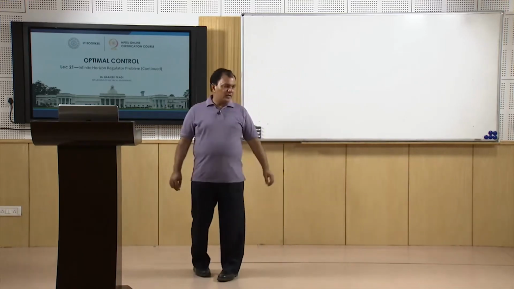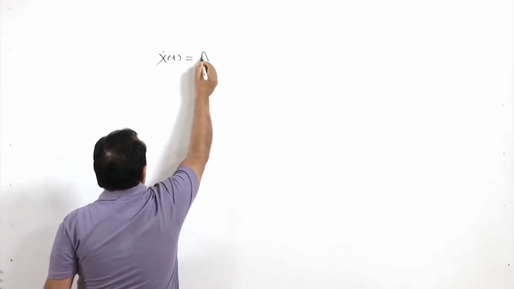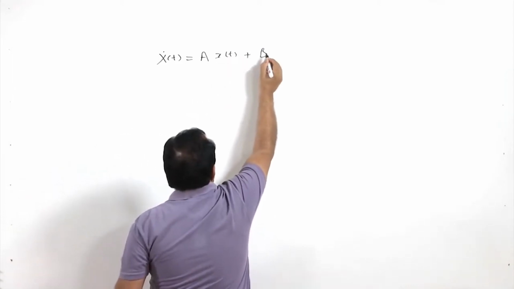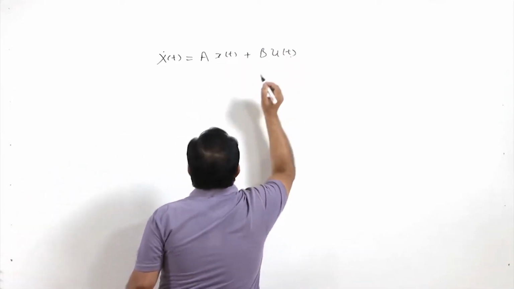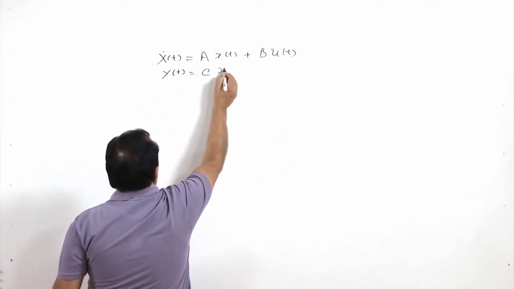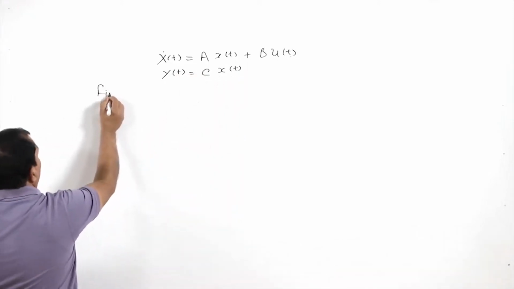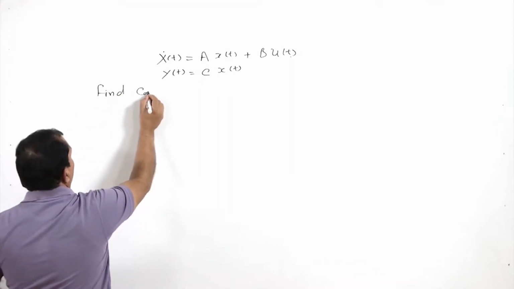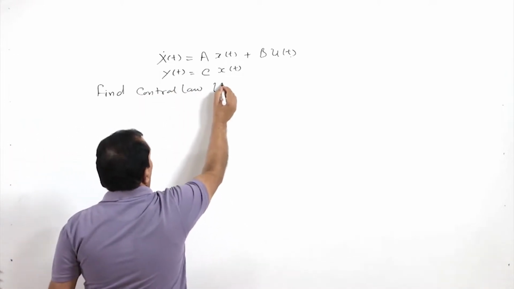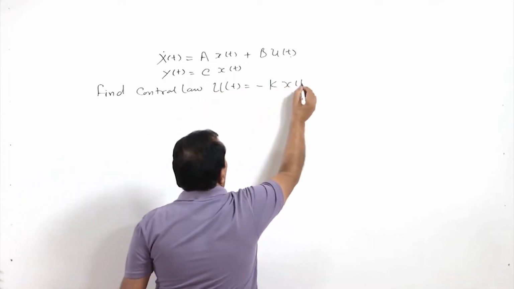In the time invariant case, our problem was, for a given system x dot t equal to A x t plus B u t and y equal to C x t, to find the control law u equal to minus K x t,